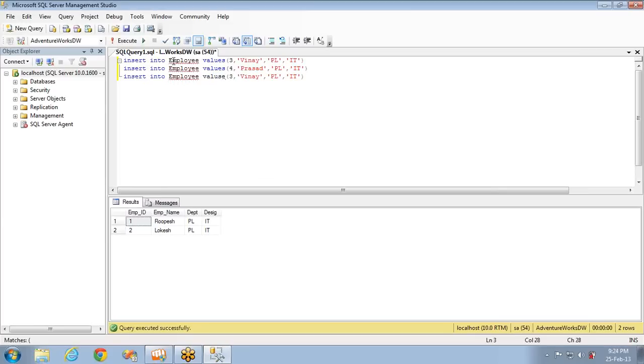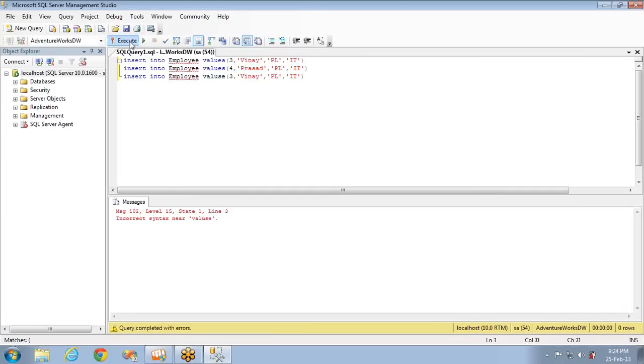If you observe, the first statement is correct and will insert the data. The second statement is correct and will insert the data. But the third statement is wrong, so you would think it should be rolled back, but the first and second queries should be executed successfully. Let's see what happens if I execute this. It says incorrect syntax near the value. If you go for a select statement, will I have records 3 and 4 or not? Answer it quickly. Yes or no?